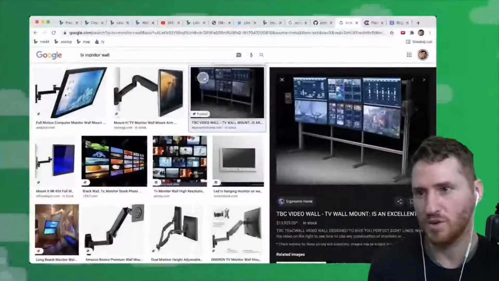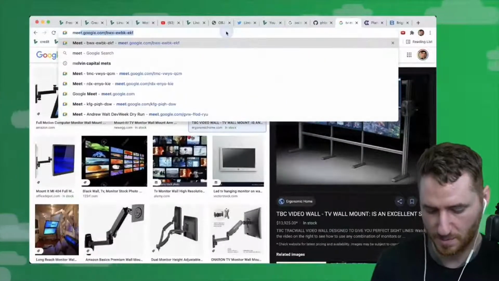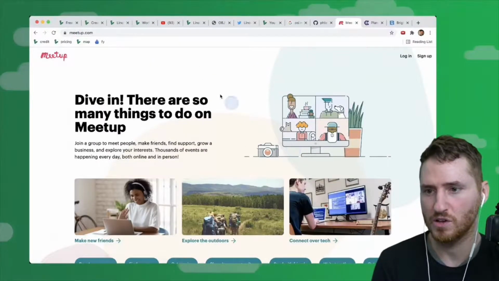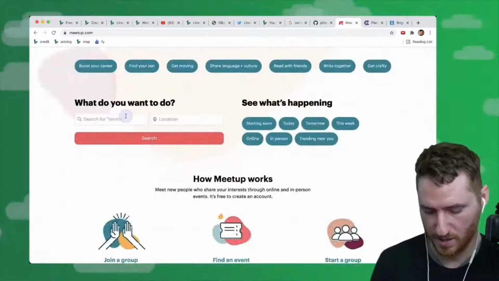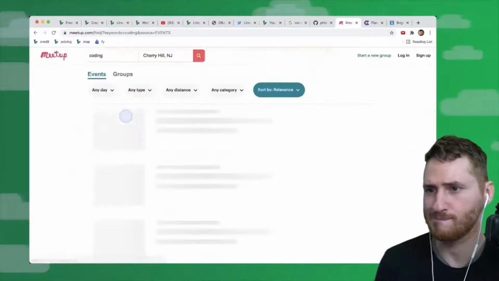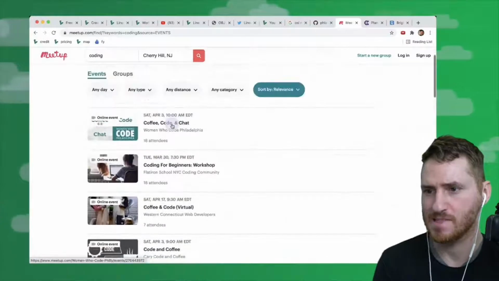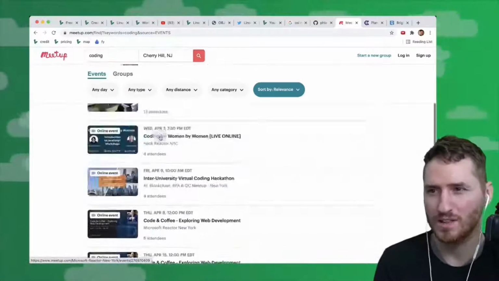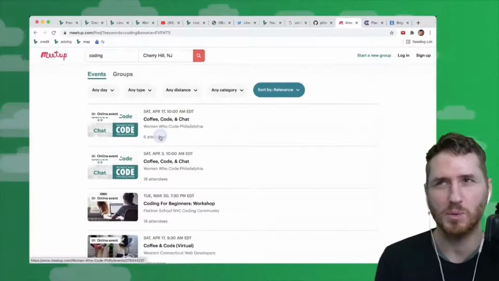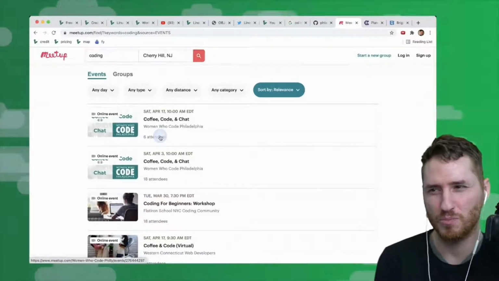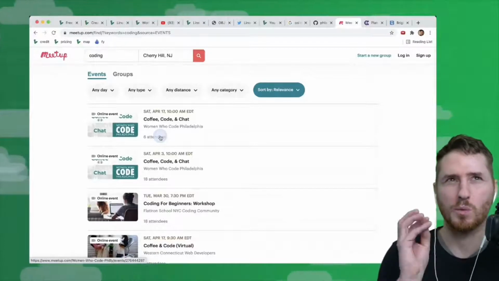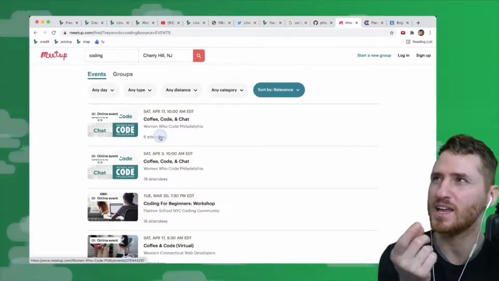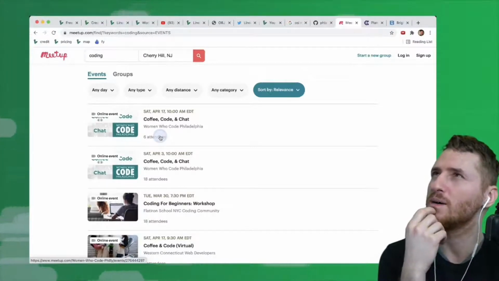If you go to meetup.com, you can search and find coding. If I type in coding here, there's a coding group somewhere for someone all around the world. This is actually what I used. And I wasn't part of just one coding group. I was part of maybe 3 or 4. I think one was for Python, one for JavaScript, one for the MEAN stack, and one for